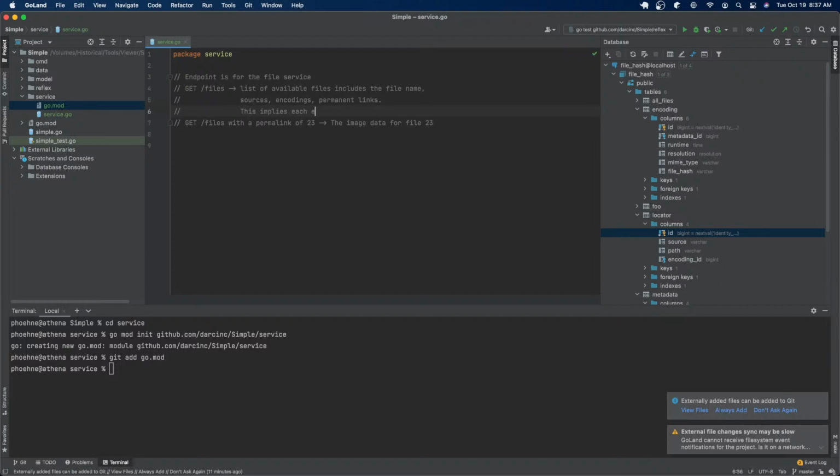Each encoding has a unique permalink, right? So if I want to get files with a permalink of 23, the image data for file 23, it means that each encoding